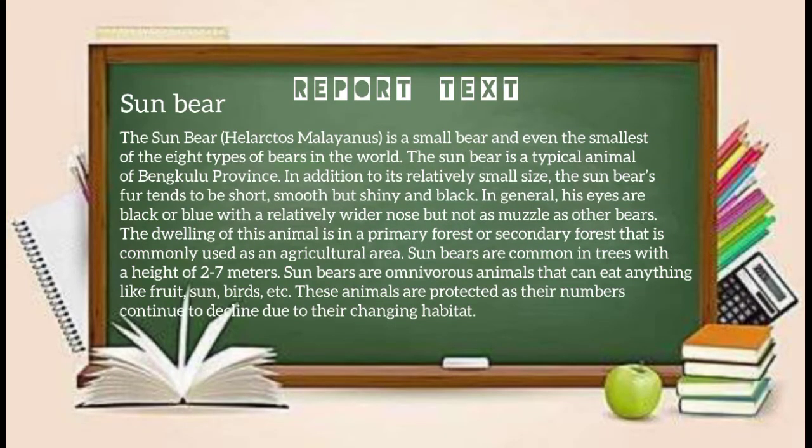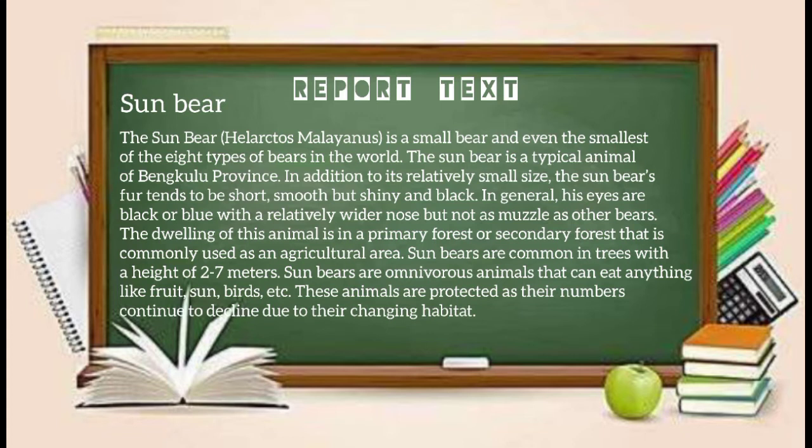Example report text. Sun bear. The sun bear, Helarctos malayanus, is a small bear and even the smallest of the 8 types of bears in the world. The sun bear is a typical animal of Bengkulu province. In addition to its relatively small size, the sun bear's fur tends to be short, smooth, but shiny and black. In general, its eyes are black or blue, with a relatively wide nose,